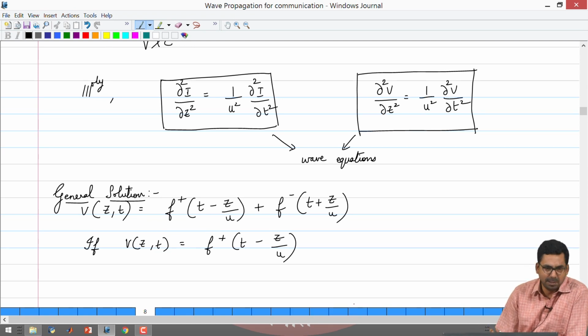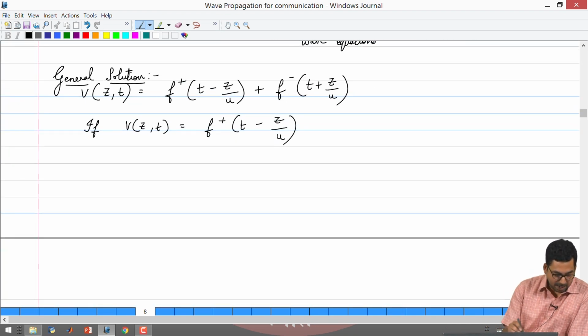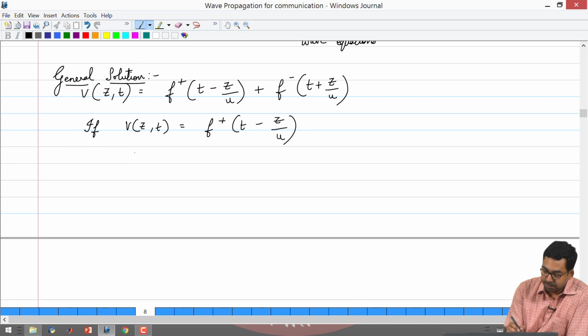This is just a refresher of some change of variables techniques that you may have forgotten after your undergraduate, all right. So, we are just getting warmed up. So, I will do this part, right. Okay. So, we are having v of z comma t is assumed to be some function of t minus z by u, right. So, then we can find out the first derivative with respect to space for the left hand side. So, we can say dou v by dou z, right.